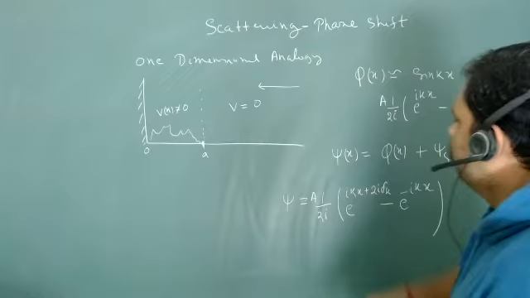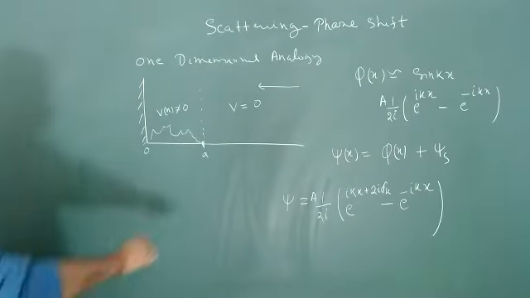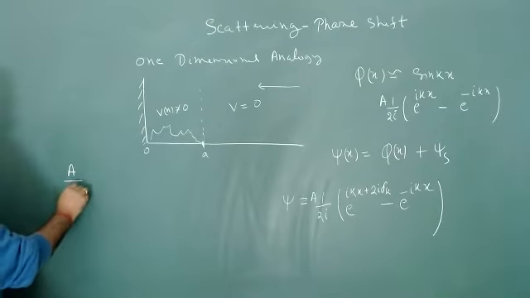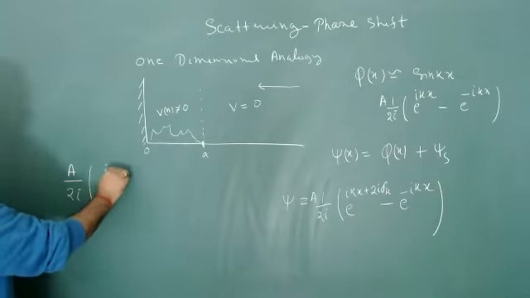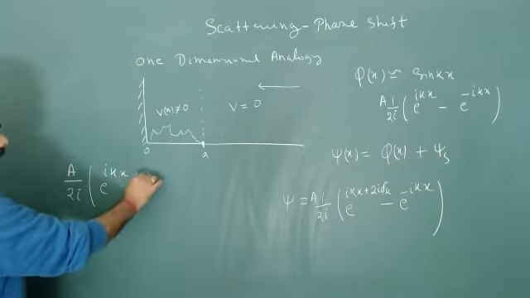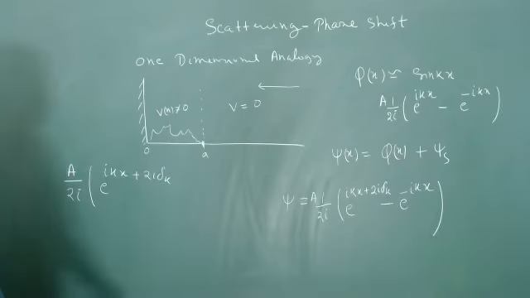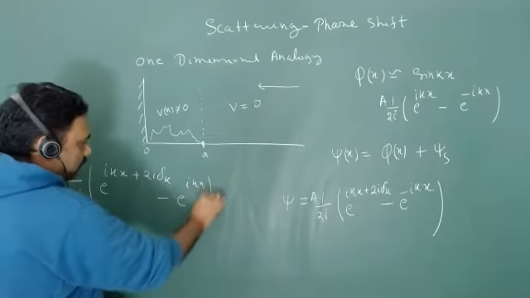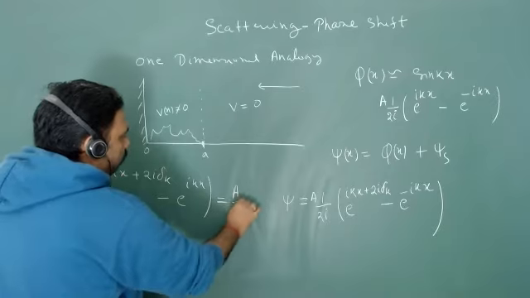So this is all about what will be my scattered wave function. If we are going to compare, then what will happen? We have A upon 2i e to the power ikx plus 2i delta k minus e to the power ikx must be equal to A upon 2i